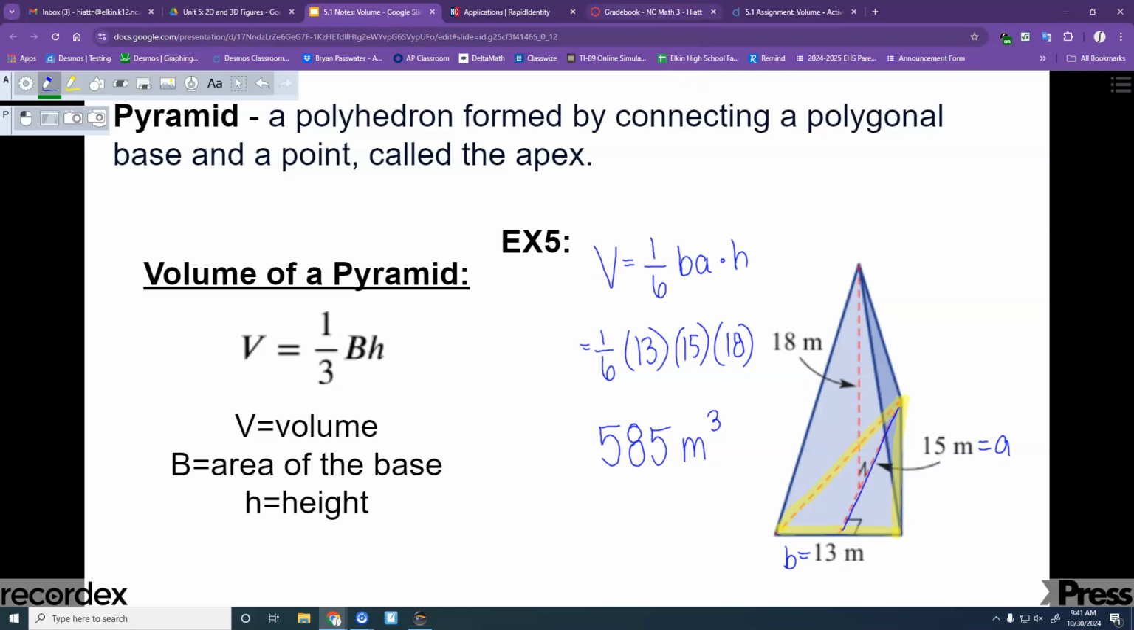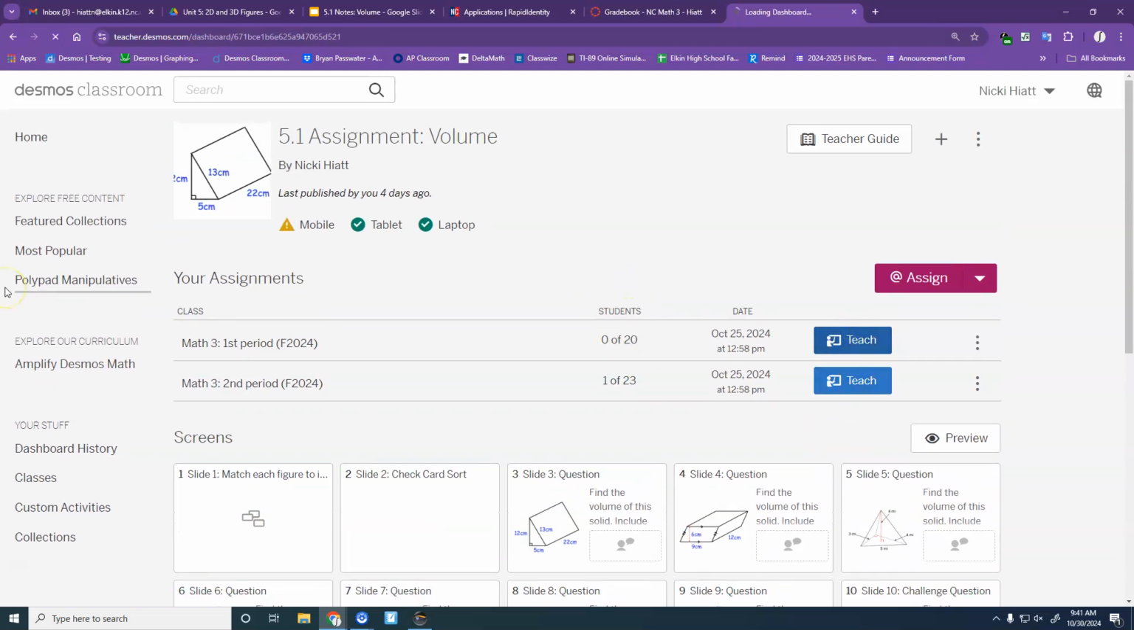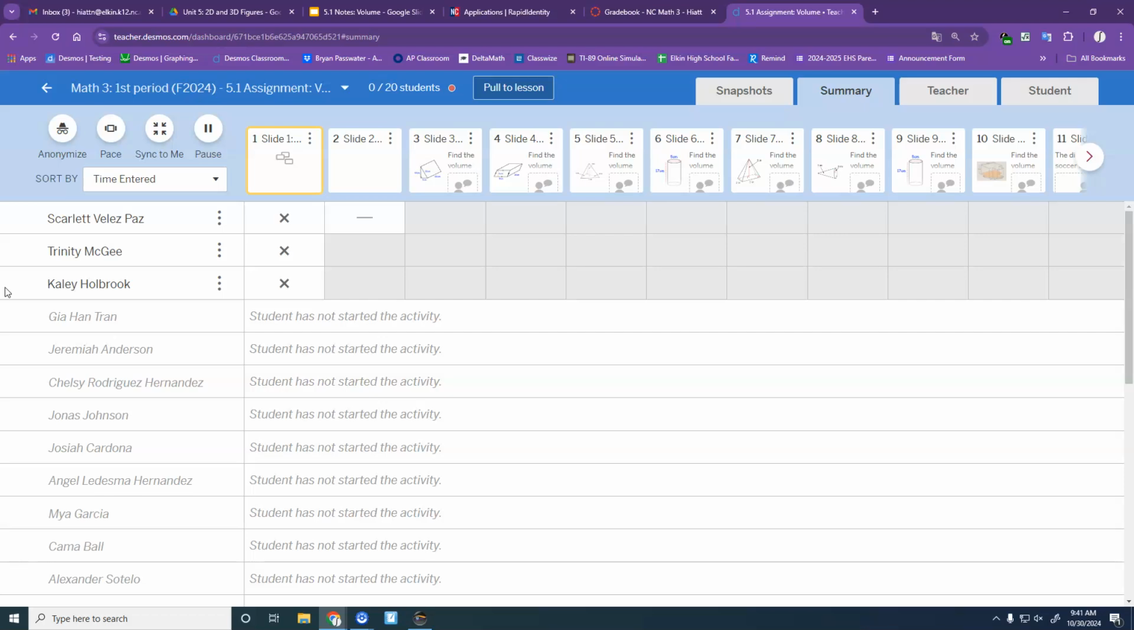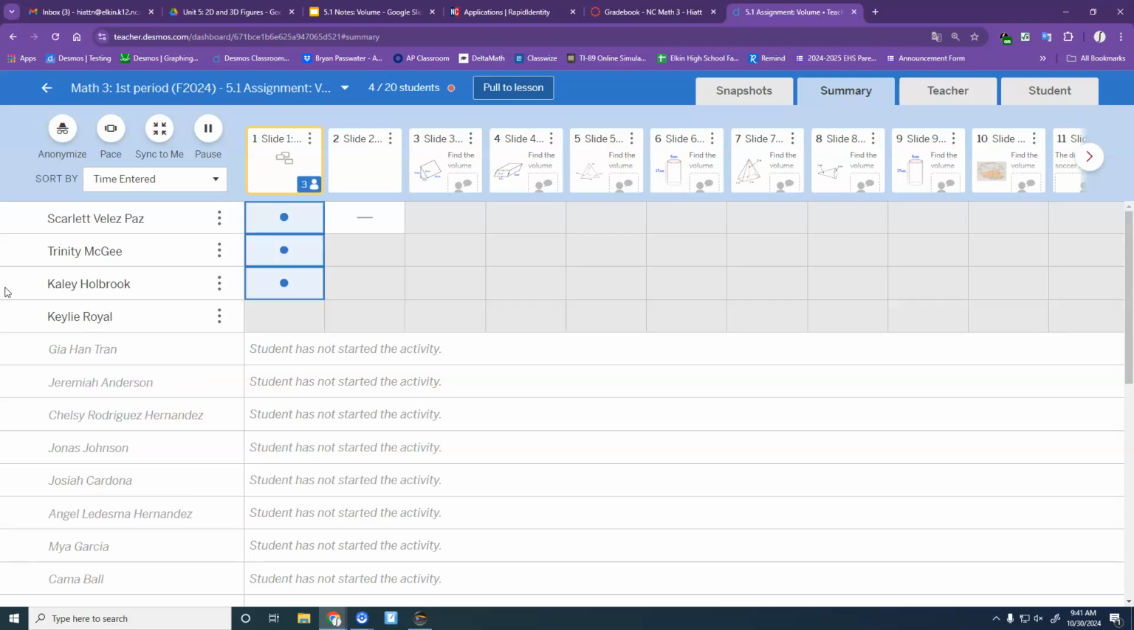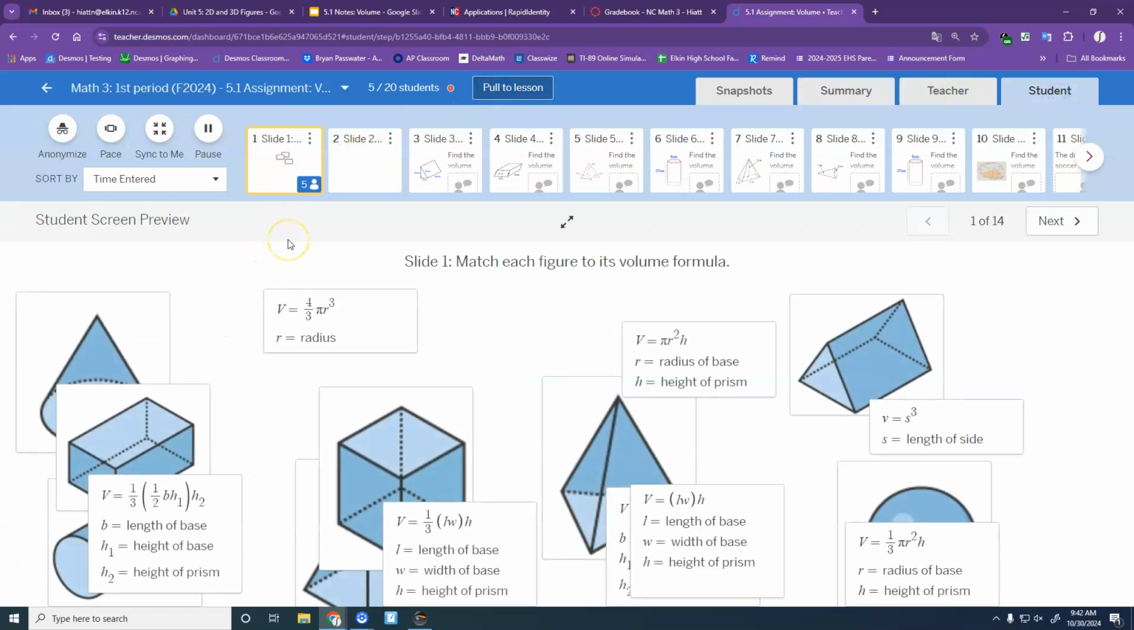Okay? So, what I want you to do now is there is an assignment that you have on Desmos Classroom. So if you will go to students.desmos.com, there will be an assignment there. Okay? The first one is a